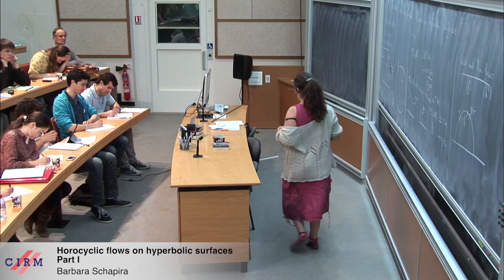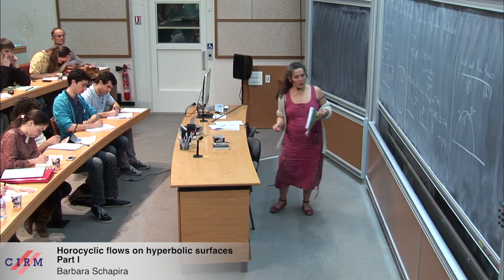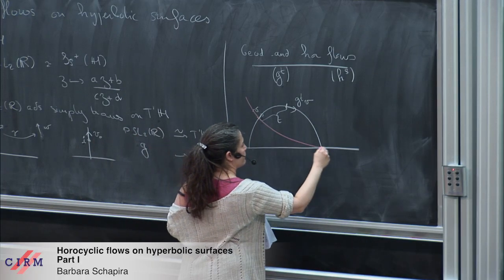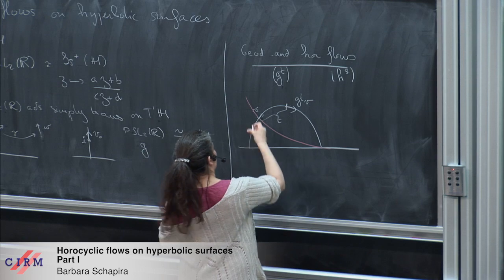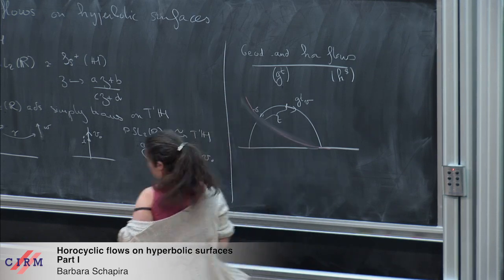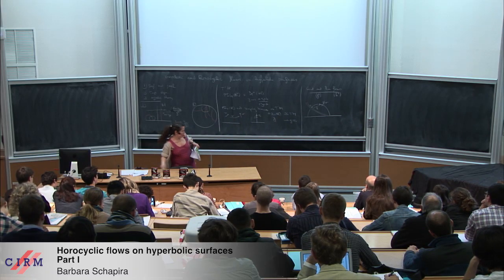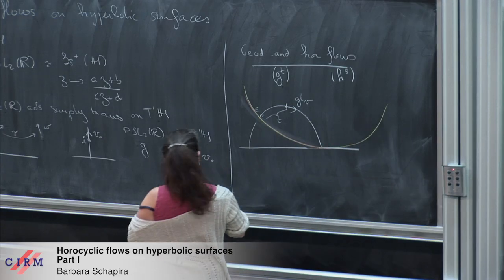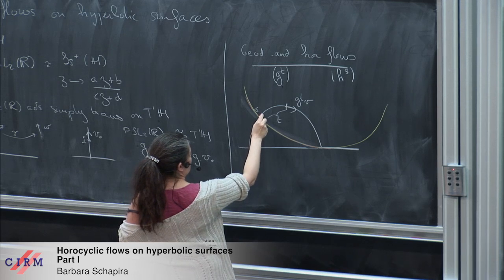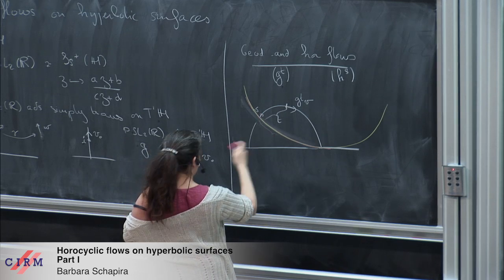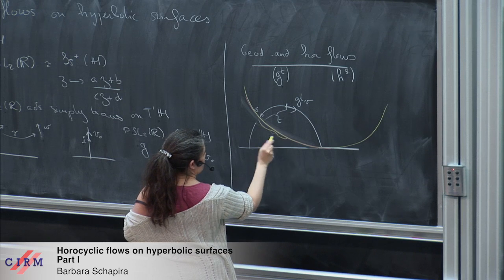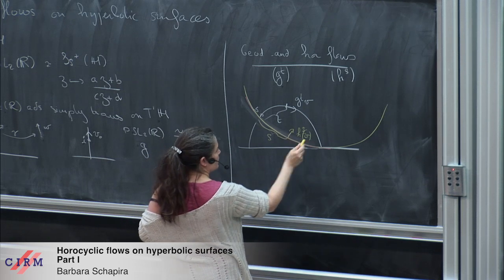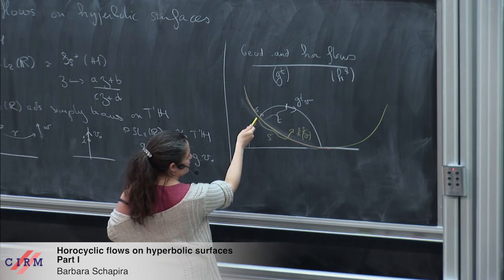And the horocycle flow moves the vector V by a distance s, so h_s of V is the vector